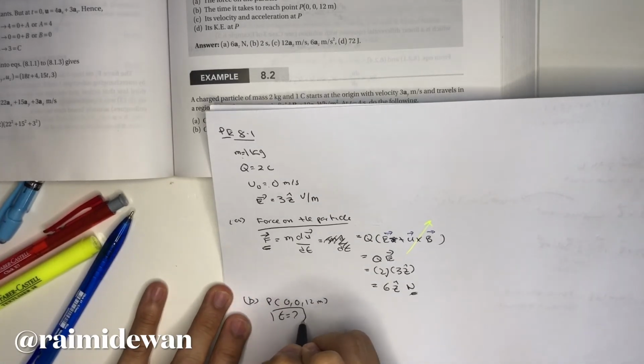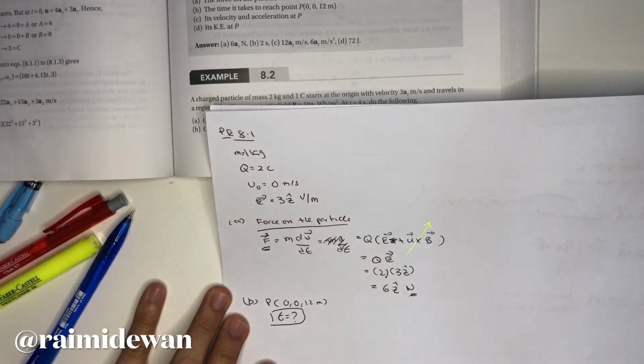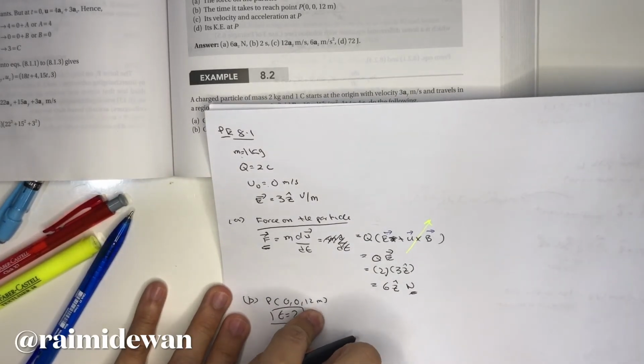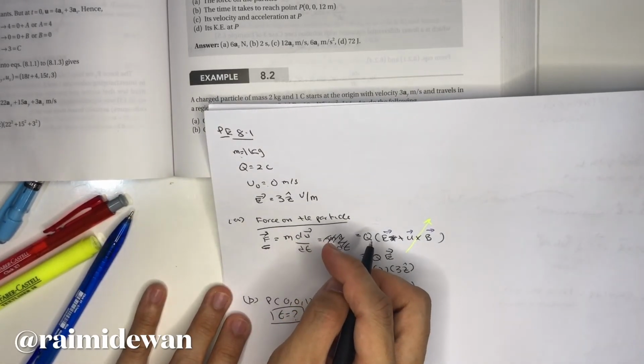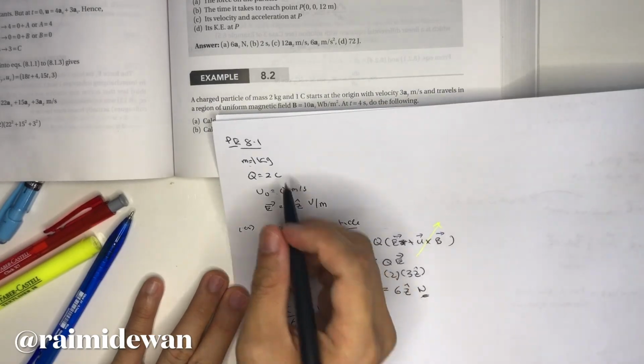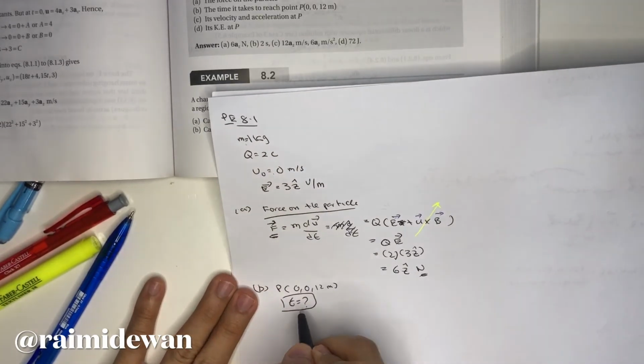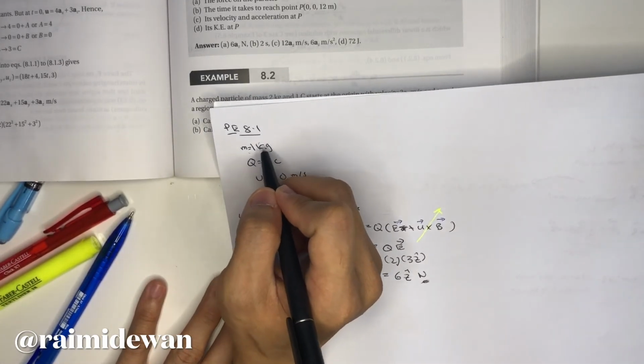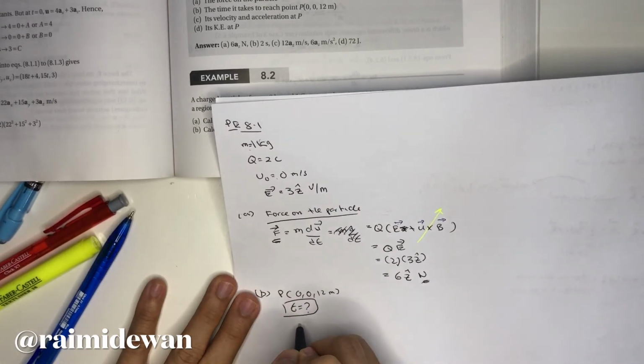Our answer of interest is T, the time to reach this point. So we know that the equation is du per dt, with m being 1 kilogram, because kilogram is the standard unit, so that's why it's just 1. So du